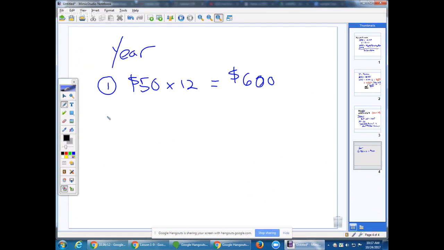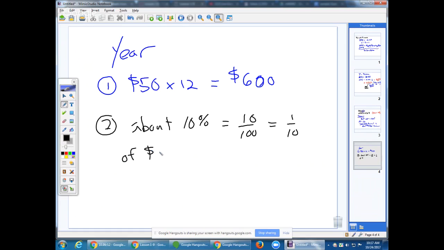So other way I might think about it is the interest rate was 10.99%. I could say, that's about 10%. Okay. 10% is 10 out of 100, or 1 out of 10. So I want to know what's 10% of 5,000. So how many tens are in 5,000? Well, if you divide it in, that's going to get rid of a zero. So the interest is about